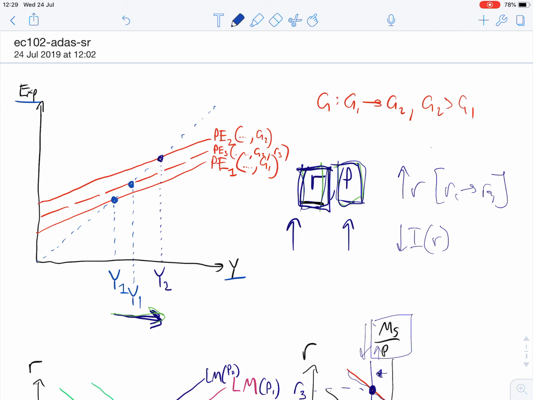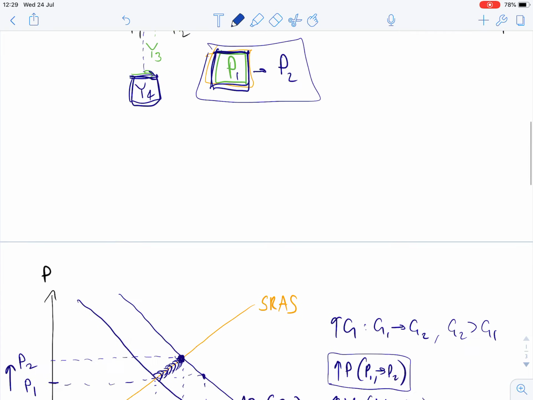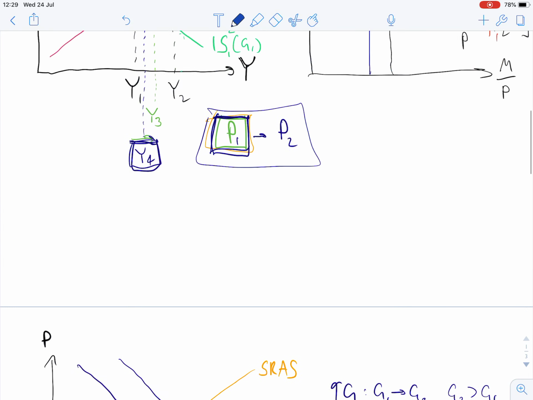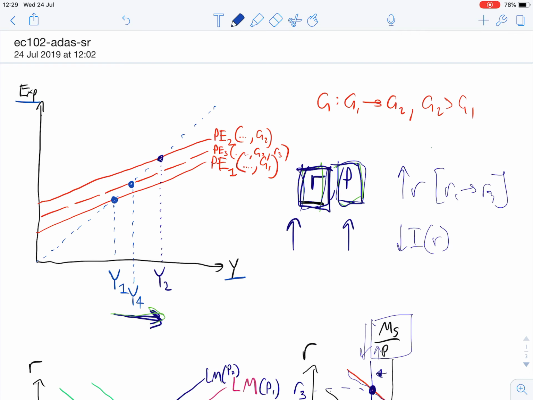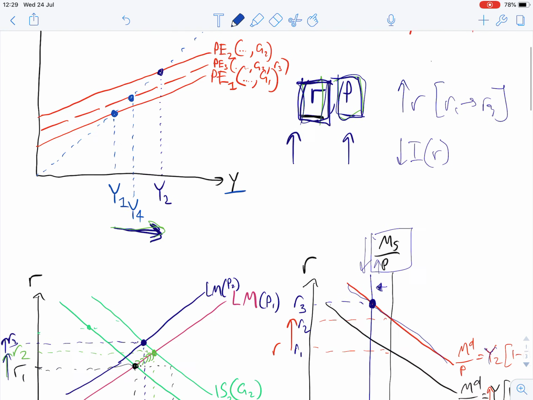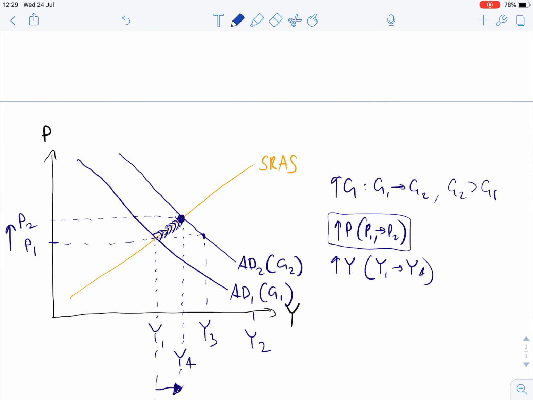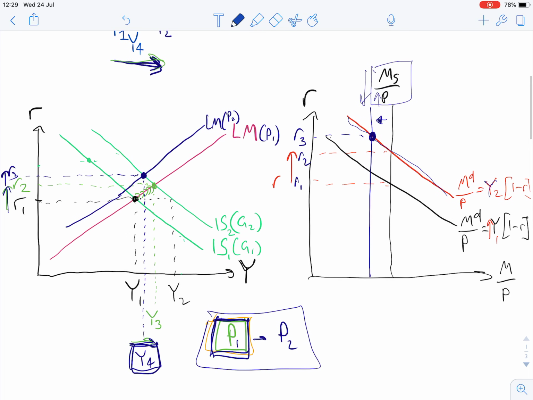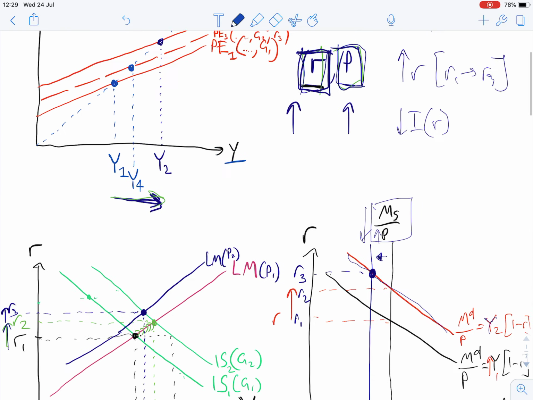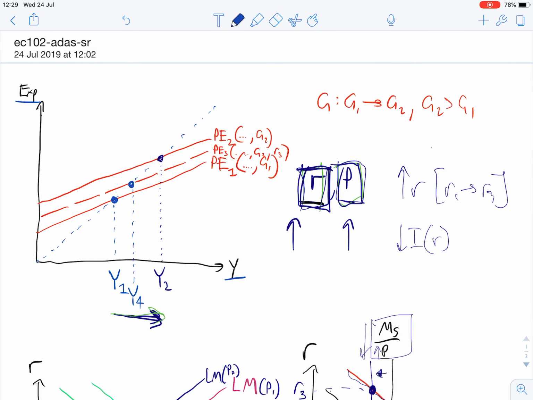ends at point Y4. So we've shown now how to build up towards the aggregate supply, aggregate demand curve, justifying the impacts of a shift in G in first a simple model where P and R are fixed, then in a more nuanced model where only P is treated as fixed, and finally in a world where we even allow price to be somewhat flexible in the short run. We then trace our steps back to the original graphs so that we can show that this price level effect was resolved in the ISLM model, and this interest rate effect was rationalized in the Keynesian cross